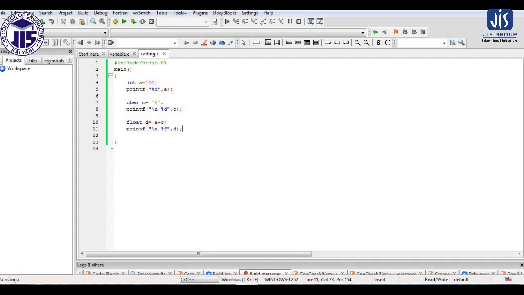So basically who is doing the conversion? A variable is an integer, but it has to be converted to its ASCII value, or a variable which is a character. As you can see, p is a character here. So when we print it by using %d, it will be converted to its ASCII value. So this conversion is basically done by the compiler itself. That's why it is called implicit typecasting, where the data type is automatically changed, and this change is done by the compiler. That is called implicit typecasting.